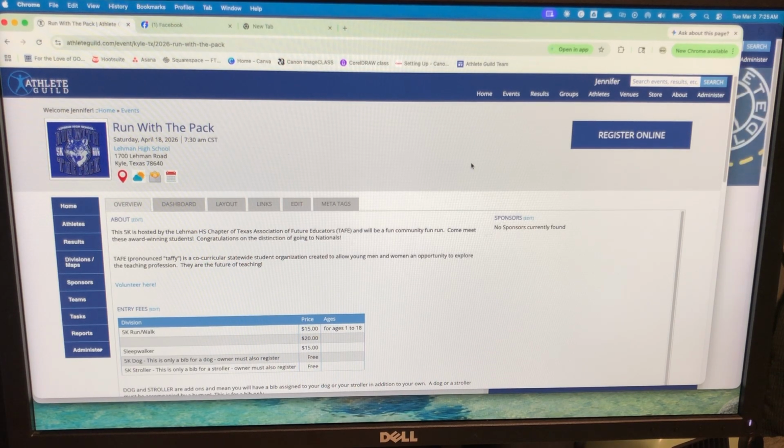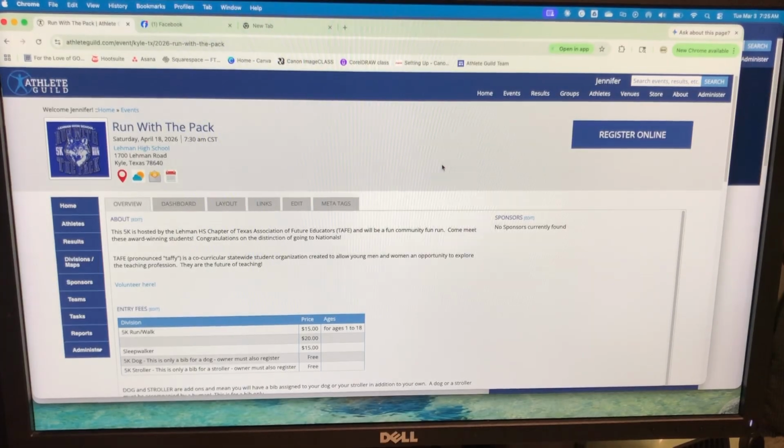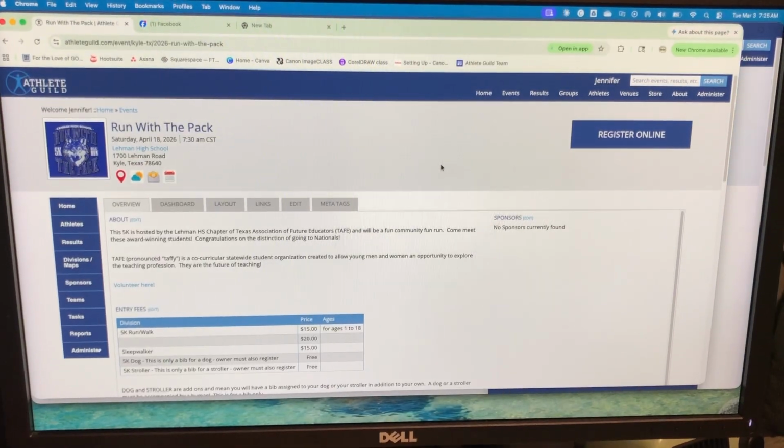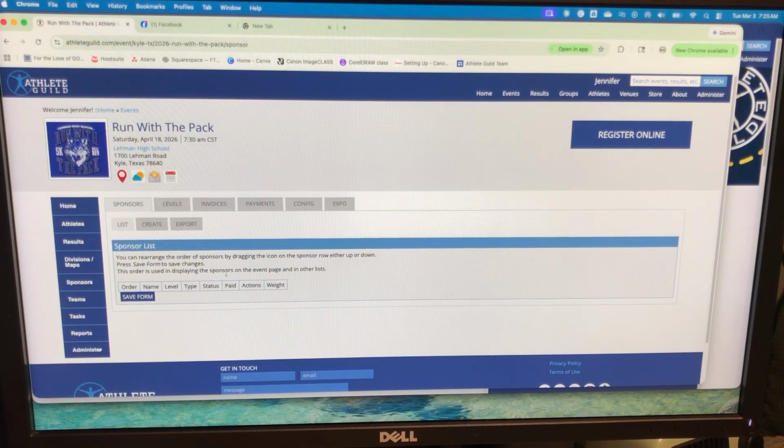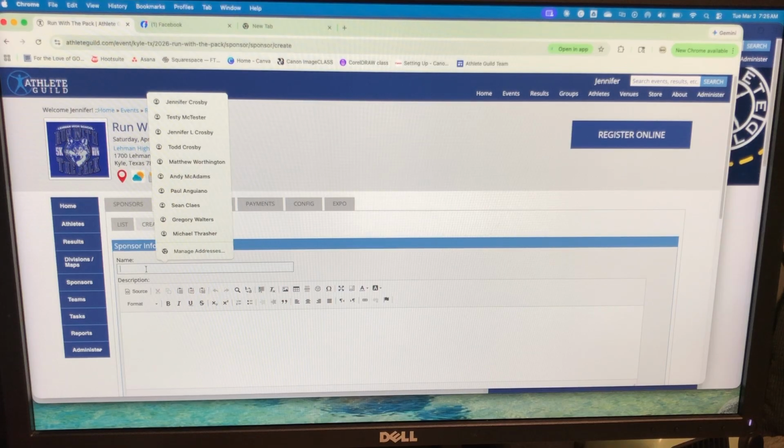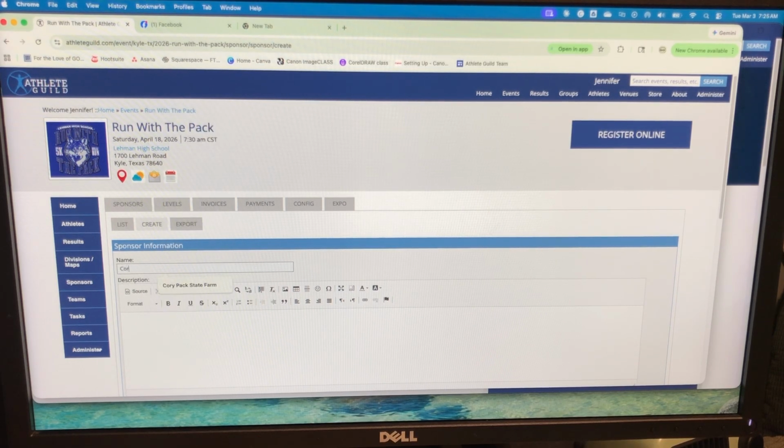I'm going to show you how you can upload logos or just do company names for various levels. We're going to be doing this on the Run with the Pack registration page. So I am on athleteguild.com and I have come to the Run with the Pack registration page. I'm going to start by going to sponsors, click create, type the sponsor name,